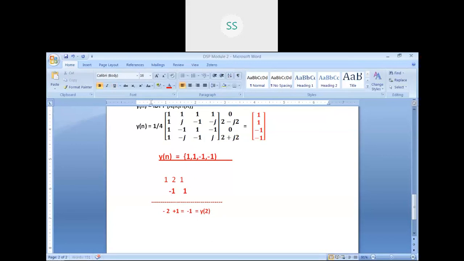Then the next step will be to shift it one more time. Now this time only these two samples are going to overlap. So my answer will be minus 1, that's all. 1 into minus 1, minus 1. This minus 1 represents the third sample, the y of 3 sample. Already I have this minus 1 as the answer. So therefore here they represent y of n is equal to